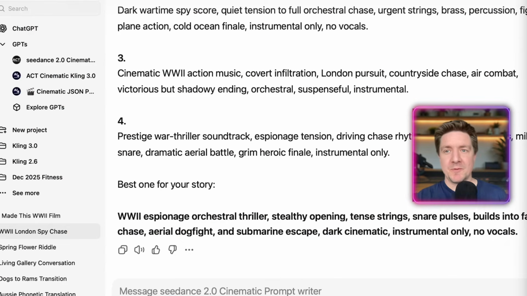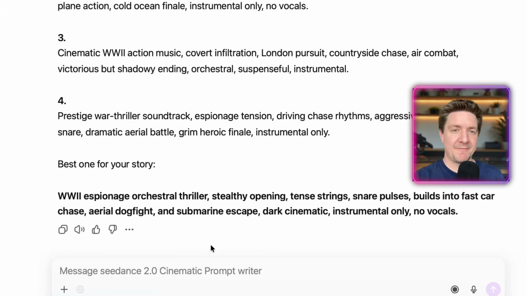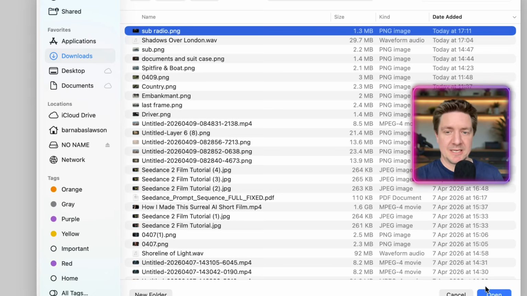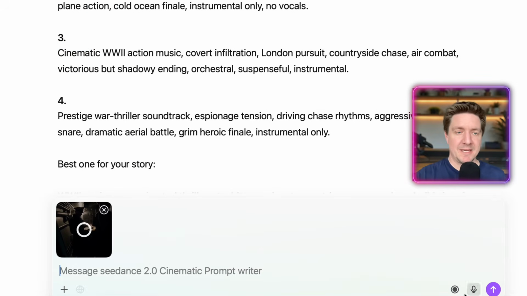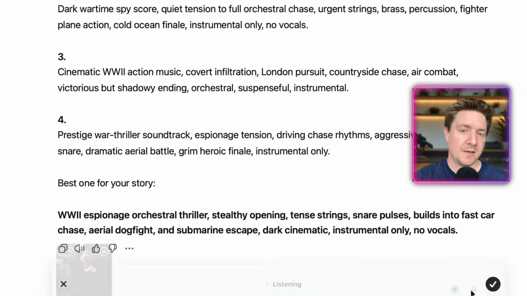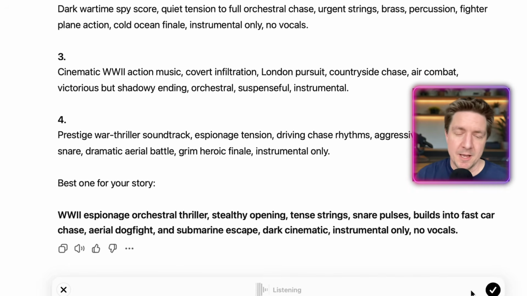So let's do a quick example now of the end of that video with the GPT and Seedance 2 within CapCut. So here we are within the GPT. I'm going to upload a file, which is basically the last frame of the last video I made with the guy inside the submarine. And I'm going to talk to the GPT here and tell it what I want it to do. For this next shot, I basically want it to go from the radio commander here in the submarine